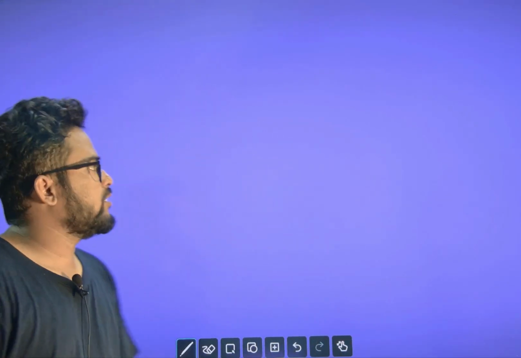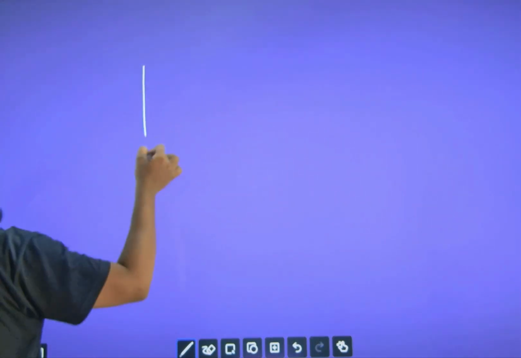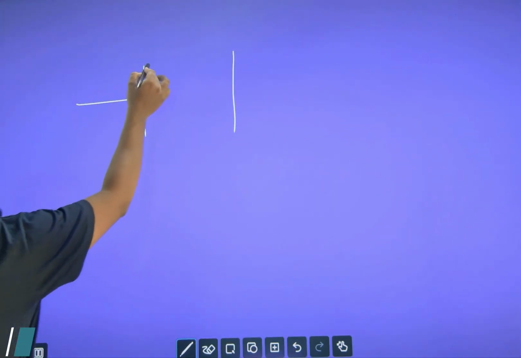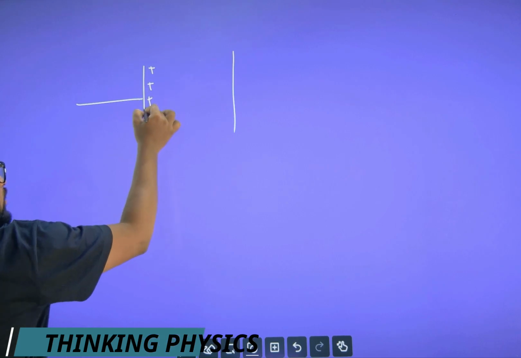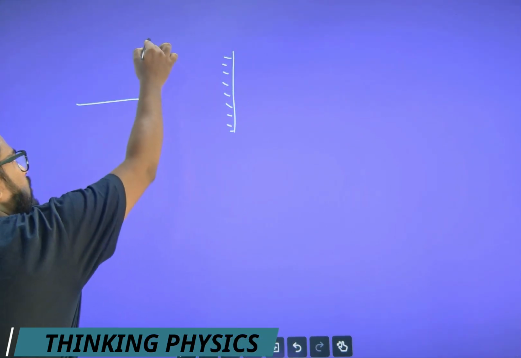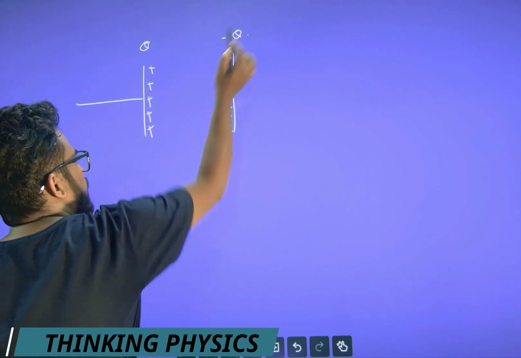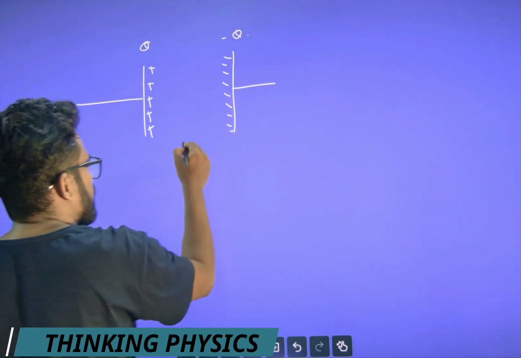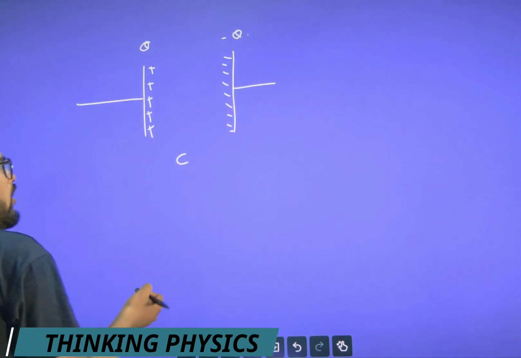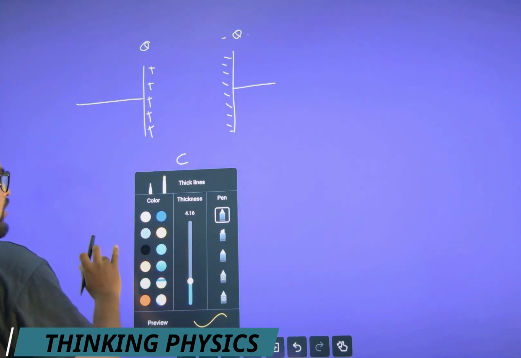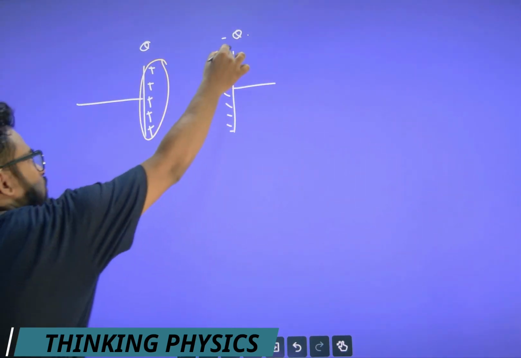Okay, so let's see some more points about the capacitor. Basically, parallel plate capacitor we are discussing. So let this be the positive terminal of the plate, and this the negative terminal, plus Q, minus Q, capacitance value C. Okay, now this is the positive charge, and this one with the negative.